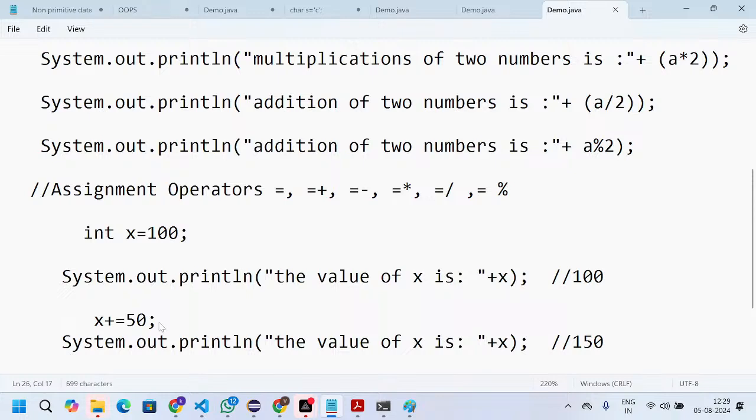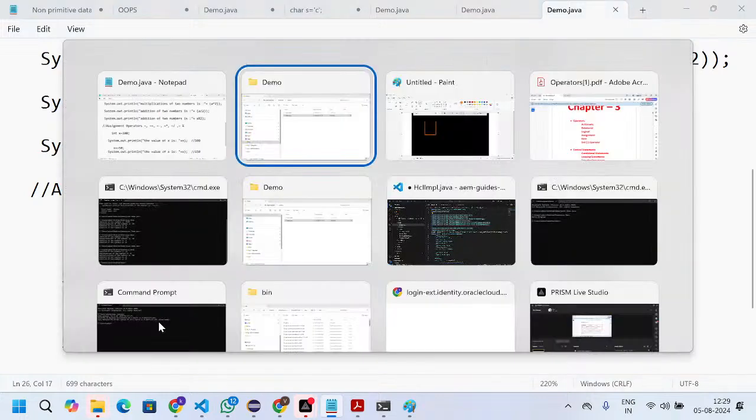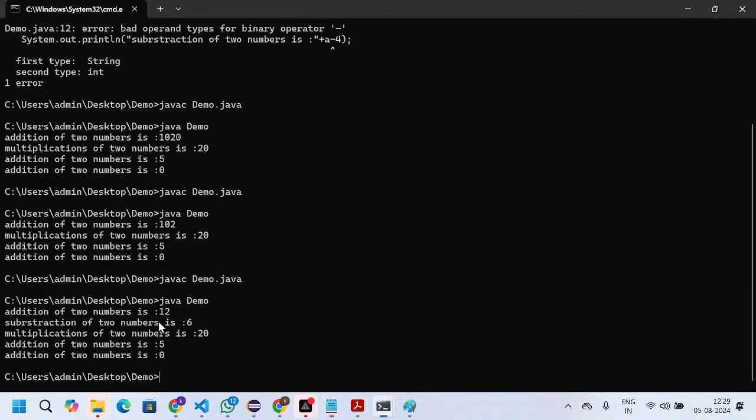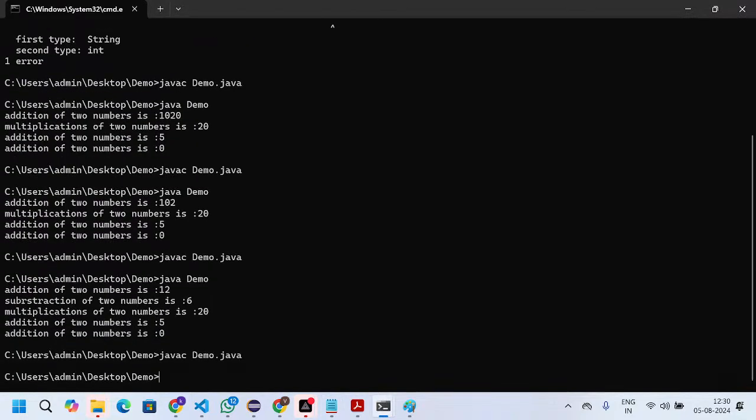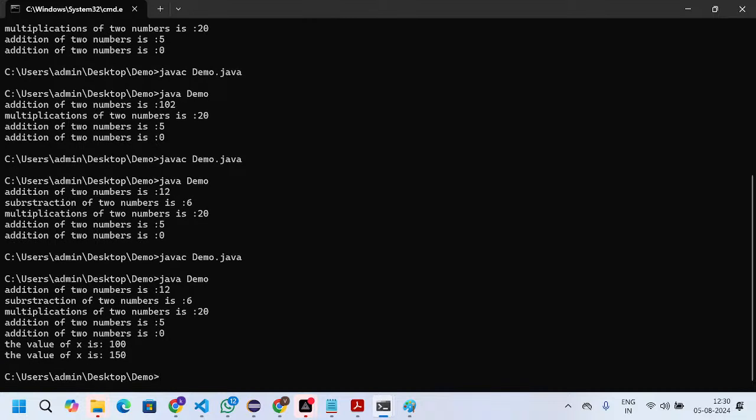Okay. If I save the file and go to my command prompt, I can compile the file and run it. We get the value of x as 100 in the first case and 150 in the second case.